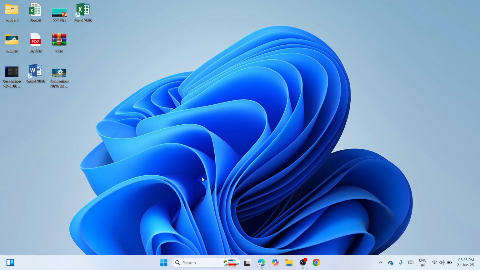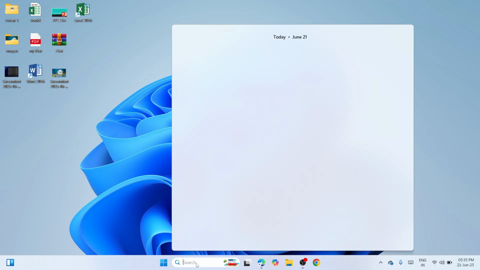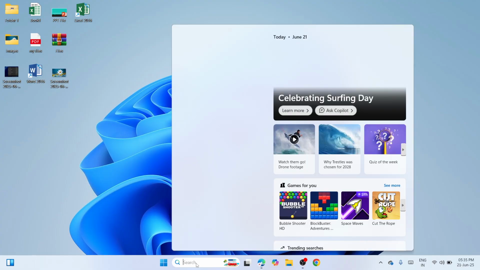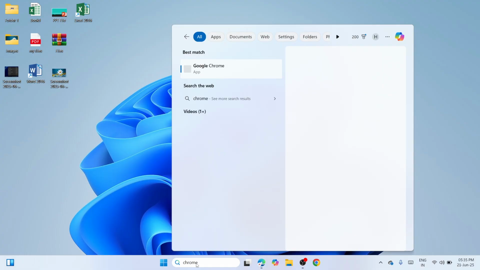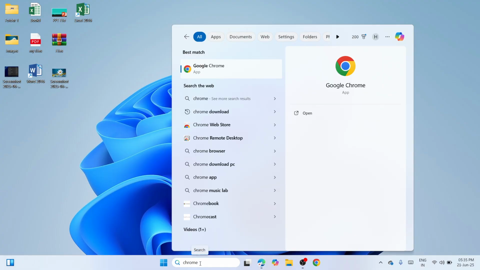So first of all, you need to navigate to the search box and type the application that you would like to add to your desktop. Let's say, for example, in my case, I would like to add the Chrome application to my desktop. Navigate to the search box, search for it, and then proceed to the best match, and at